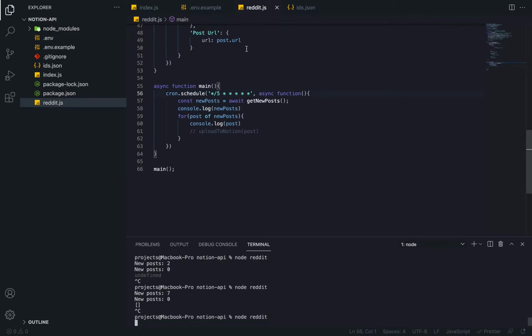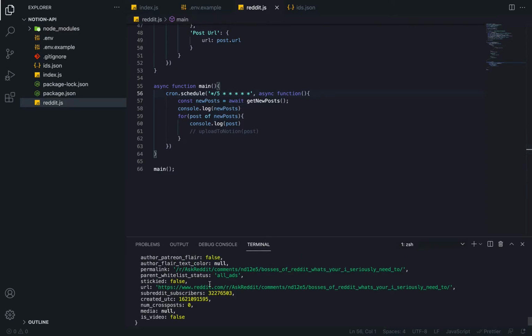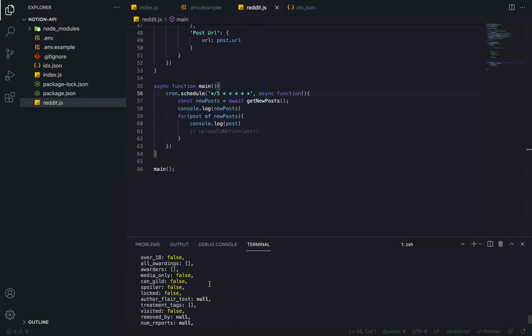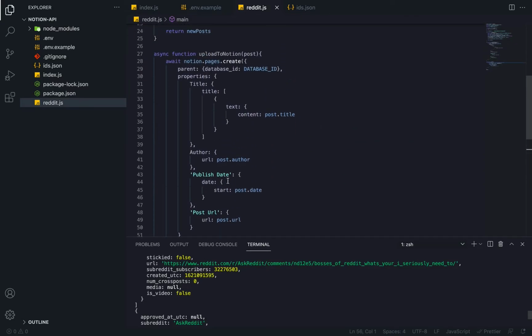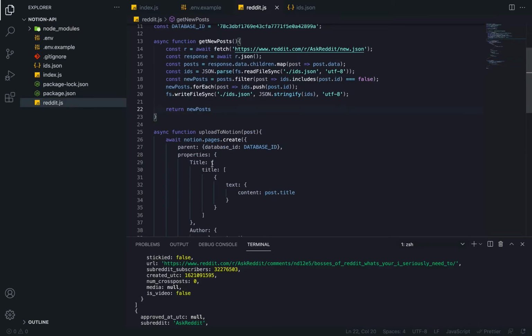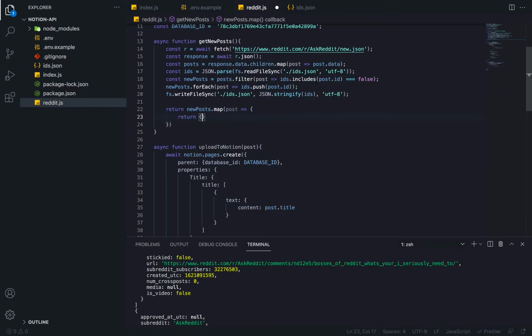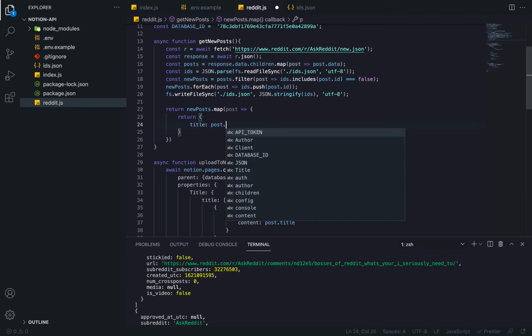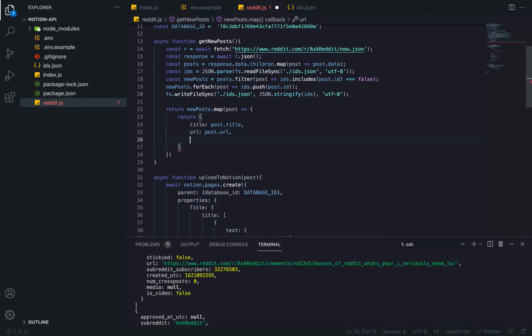Okay, yeah, I forgot to delete that part on the top, the first call. But anyways, here we can see that this does not have the structure that we need. So let's now give the necessary structure to be able to upload this to Notion. The simplest way to obtain the structure that we want is to just do a .map here and return here this post with this structure. So let's do the title is post.title, the URL is just post.url, and now the hardest ones are the author itself, which